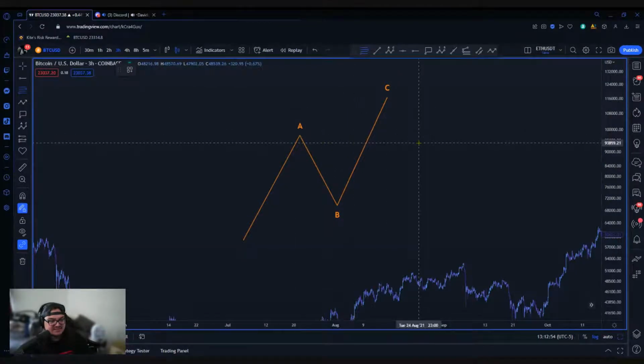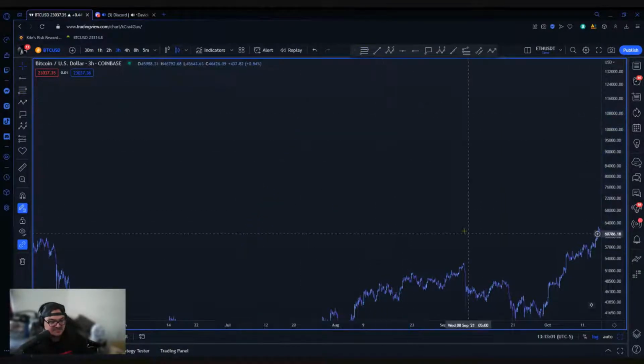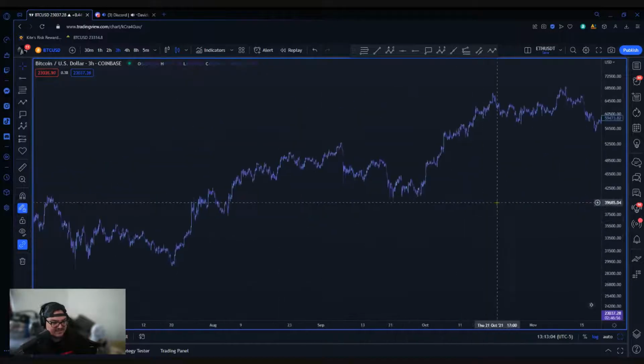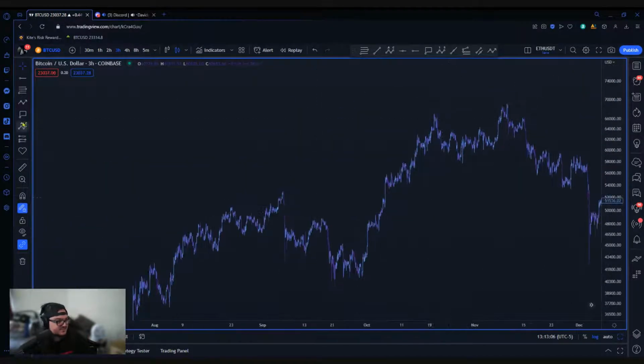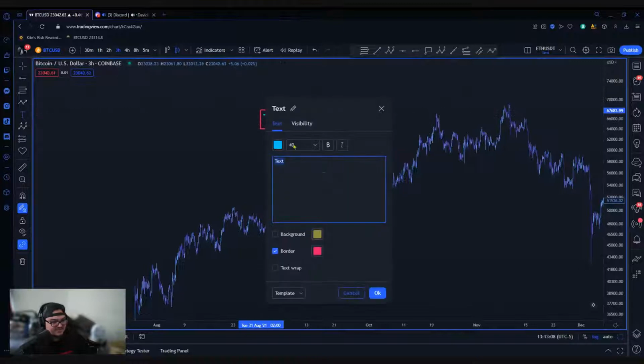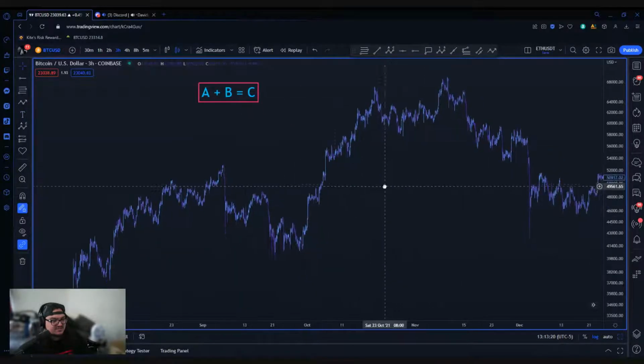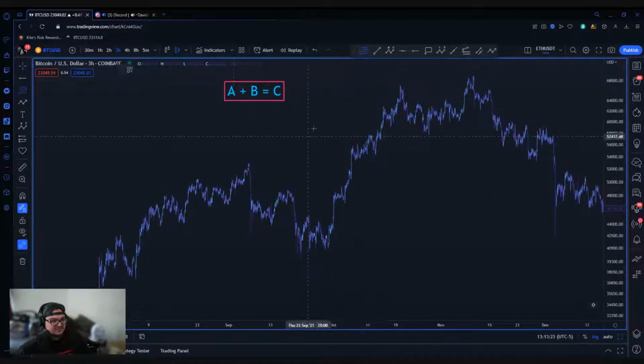The problem with that is that you truly don't know how price is going to behave or how it's going to respect certain fibs. Yes, you could make an argument. There are some cases, like for example, when it comes to the ABC method, the principle of fibs was A plus B equals C, right? So basically, wherever the pullback or the pivot of the A and the B was, that's where the C would end up going to. So in this case, let's use this as an example.